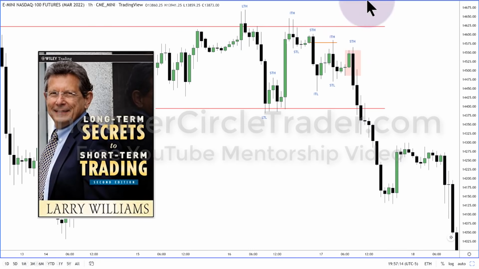So if we have an imbalance that's rebalanced and we have an intermediate term high, shouldn't an intermediate term high have a lower short-term high to the right of it and a lower short-term high to the left of it? Yes. An ideal scenario should be this high should be above both short-term highs, but it's not. So what is it doing? It's only rebalancing this. And where is it likely to go?